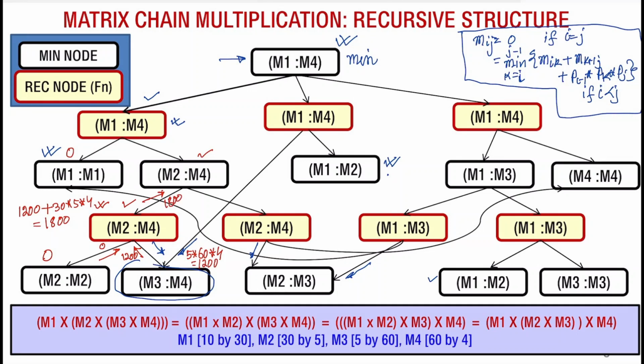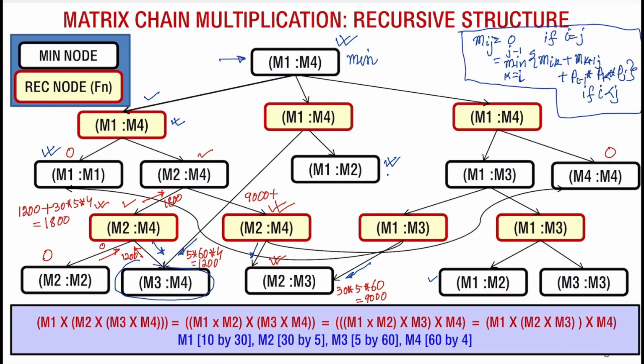But this is a min node, and this requires us to now compute this side. When you go to compute this side, you will have to compute M23, which is this node. And M23 is a direct multiplication, which will lead to 30 into 5 into 60, which is 9000 multiplications. And this goes to M44, which is 0. Therefore, this one will be 9000